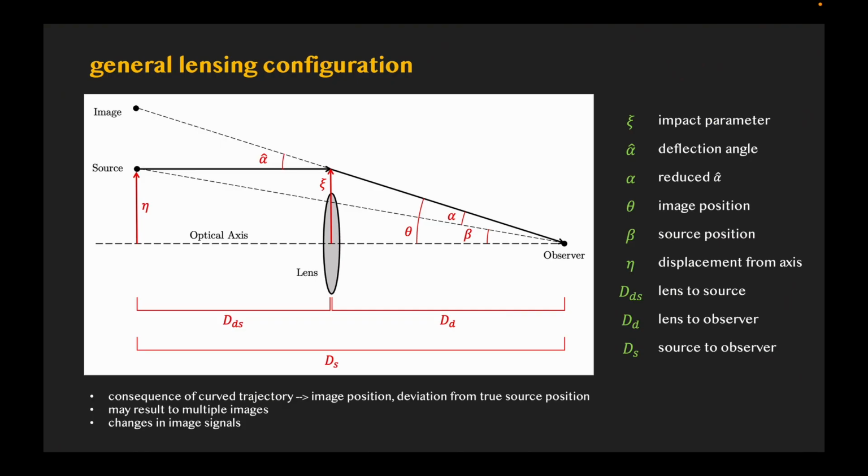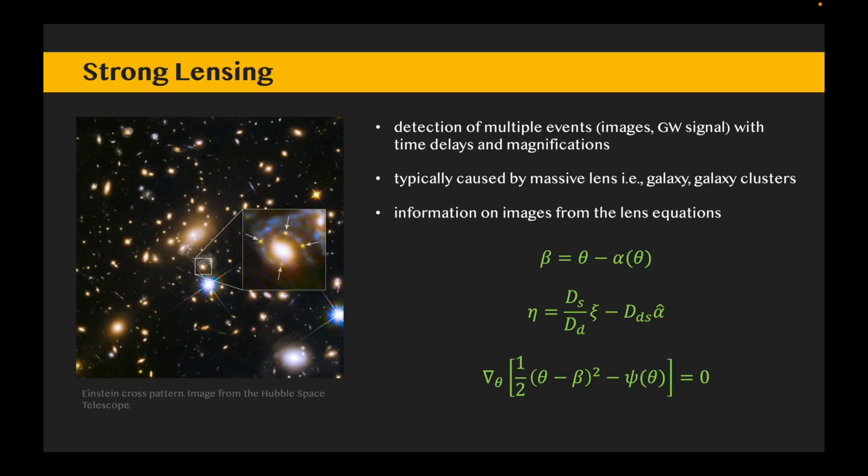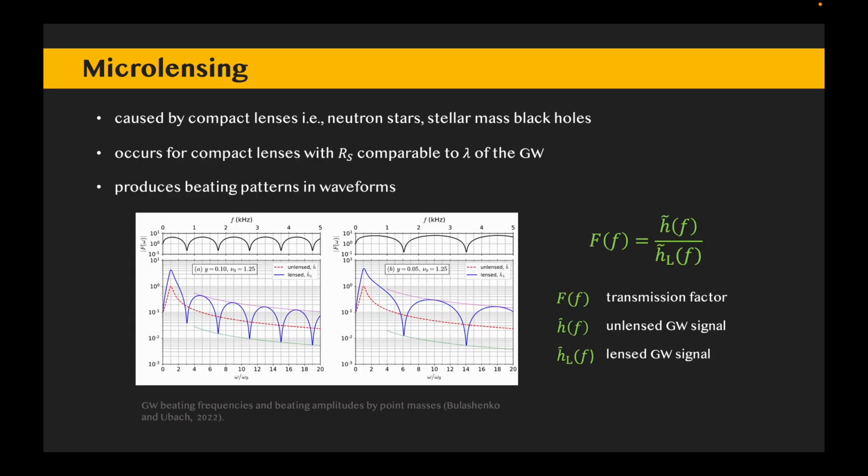In the geometric optics limit, the trajectory of a gravitational wave may curve due to a massive astrophysical object, and just like light, its lensing occurs in many ways depending on the properties of the lensing mass. Strong lensing occurs for massive lenses, causing magnification and multiple images of the source. Meanwhile, lensing caused by compact objects is called microlensing, characterized by the beating patterns in the waveform of the lensed